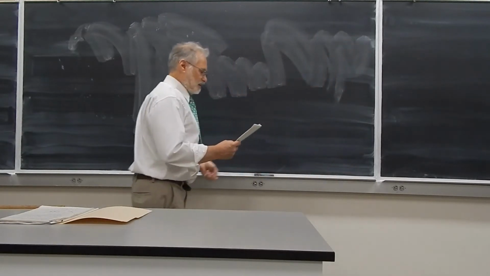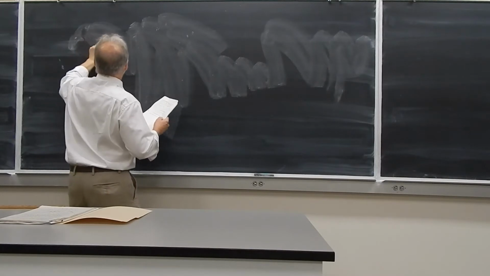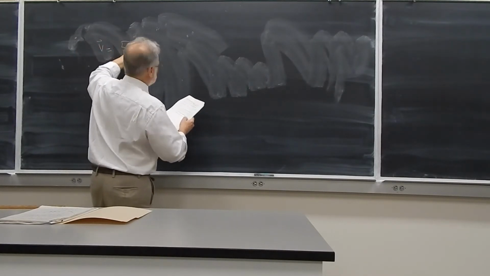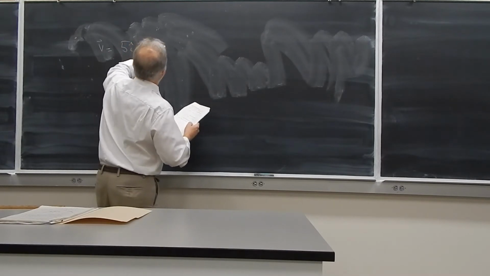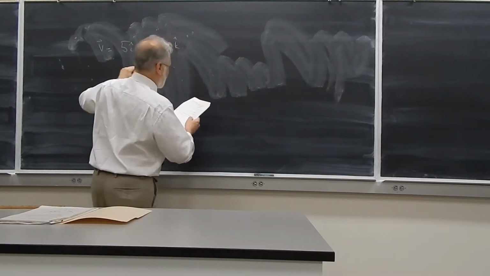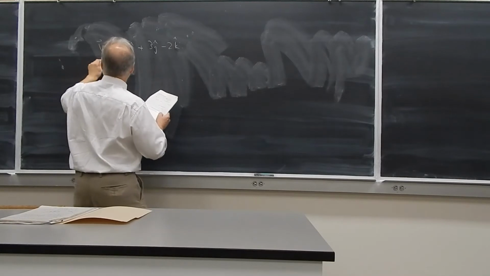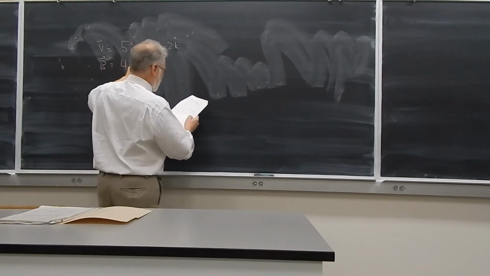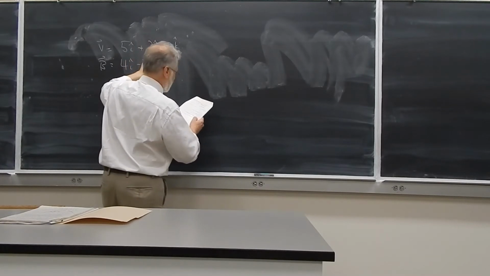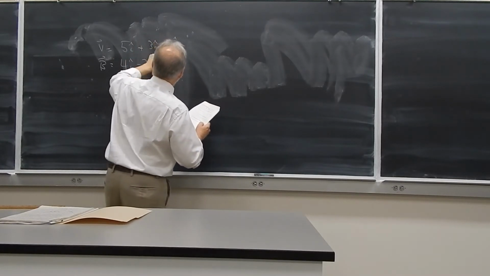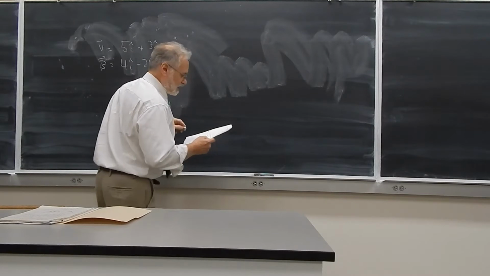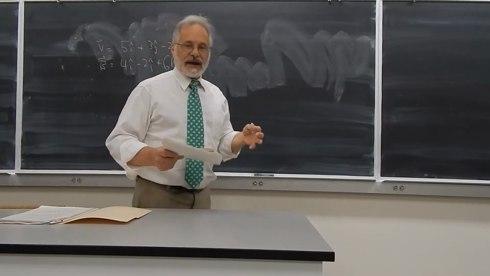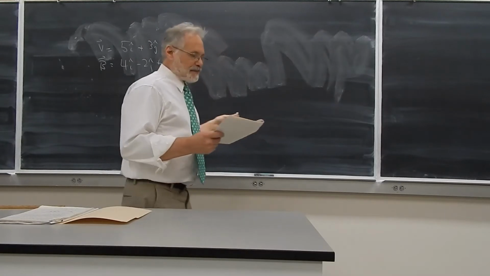Suppose I have a particle that has a velocity vector given as 5i plus 3j minus 2k, and it's subject to a magnetic field that has a vector 4i minus 2j plus 6k. Let's say it's an electron, and I want to find out the force on that electron,